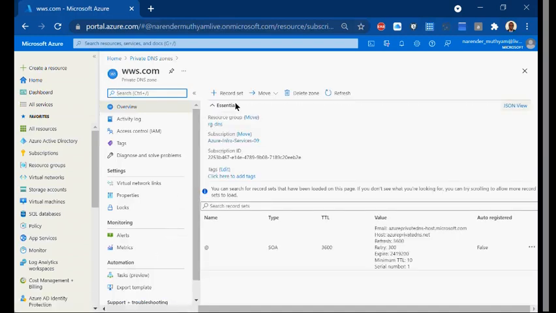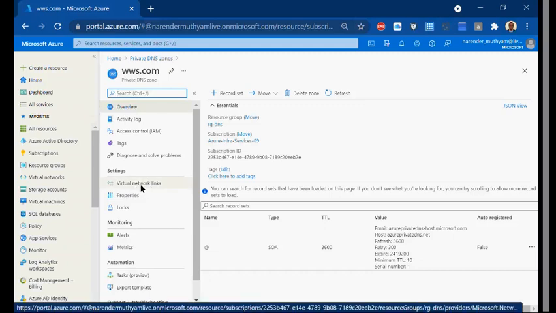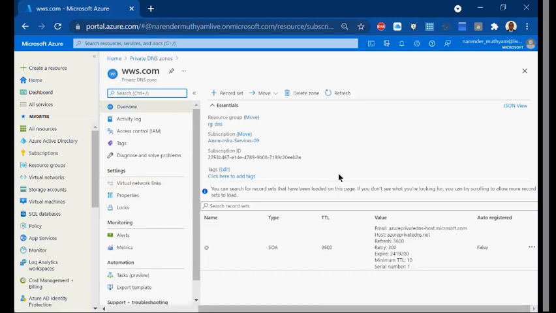Naran, this private DNS means this is available within what you call LAN side, something like that. Correct. It's like LAN only, because it is associated only to the LANs. Instead of calling them LANs, we are calling them VNets. Okay. So it is only accessible to those virtual machines configured to this VNet, not any other. It depends on how many VNets you have here. Based on that, you need to configure this.